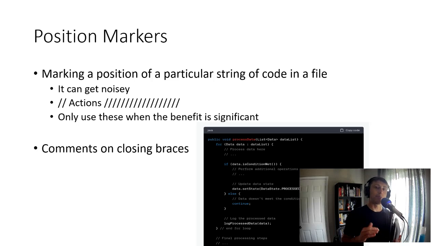This can actually be somewhat helpful, especially if your function or your for loop is super, super long and you're trying desperately to find, gosh, where does this even end? I don't even know where this starts and ends. These types of comments indicating where a function ends or where a loop ends could be potentially